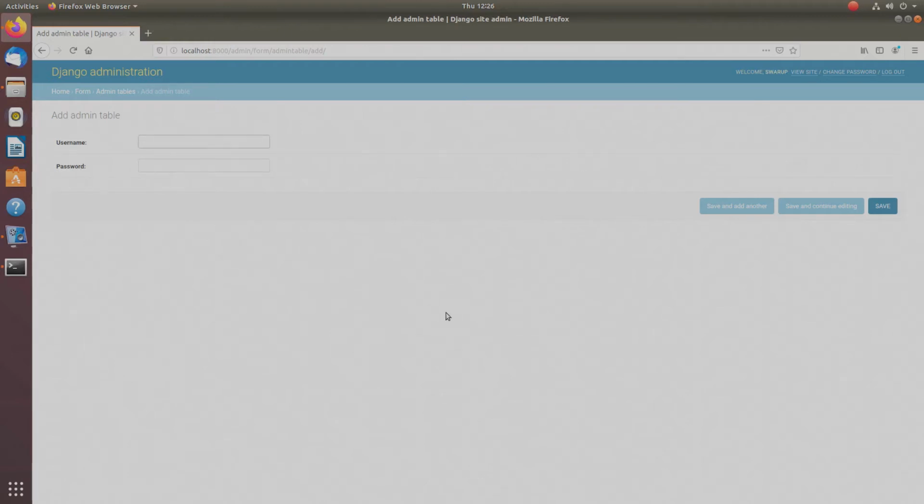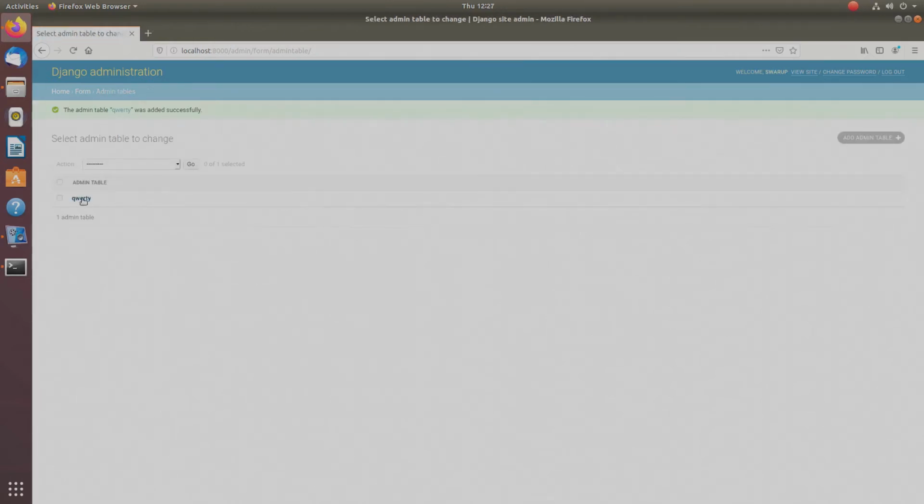So now let's create an entry. I'm gonna create one username, say QWERTY, and another password named pineapple. Okay, so I'm gonna save this. So in my admin table I have one entry named QWERTY. Alright, so now let me go back to my terminal,